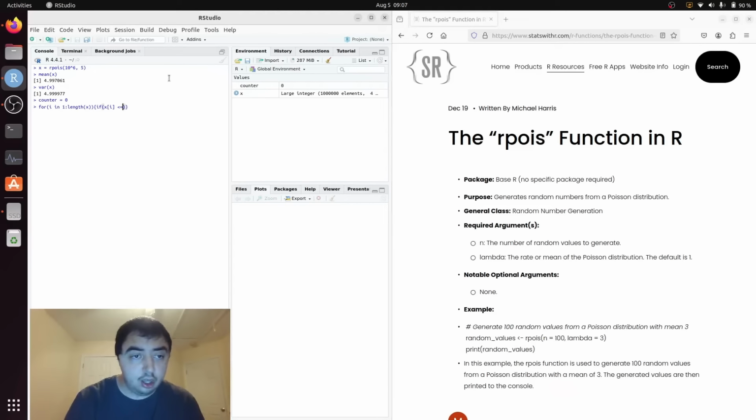I want the proportion of x less than 3. Okay? The proportion of x less than 3. So every time I find one of those, I want my counter to go up 1. Okay,